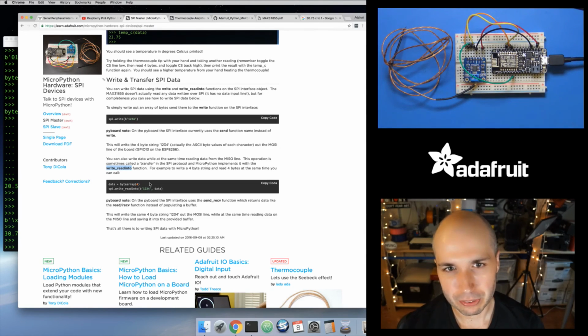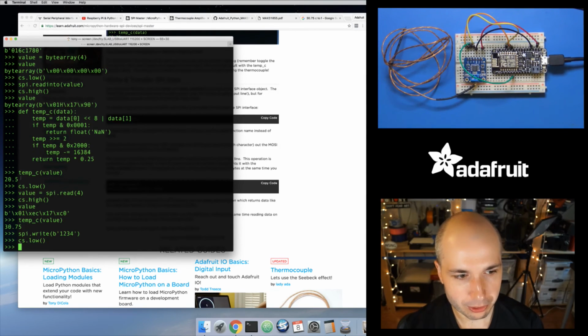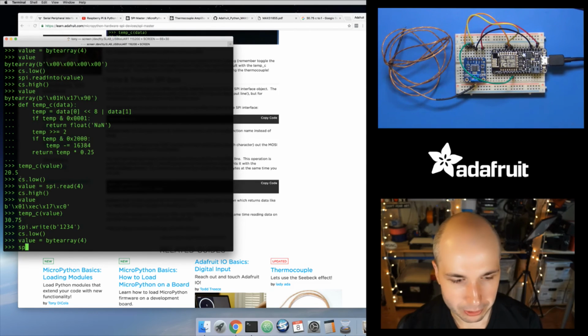So in a lot of those cases, you do a transfer that starts with a few bits of data and then has some 0 or null data that you don't care about that you write out, but during that time you're reading in data. So again, really easy to use. You basically just call, like here, let's assert the chip select line, and then let's call spi.write. Well, actually here, I need to create a value, a byte array again. So we'll say bytearray, this takes in a buffer, so you have to create a buffer again. And now let's call spi.write_readinto,